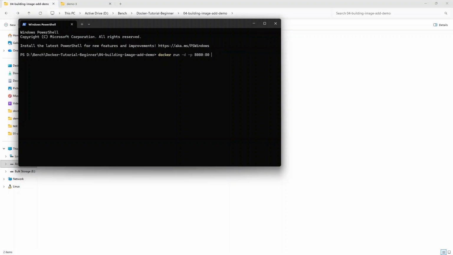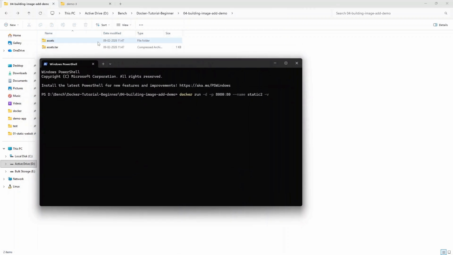This is like by heart to me by now. Now I'll give it a name, static2, and then we know how to copy things. So my HTML files are inside the assets folder inside my current directory. So what I will do is I will use the